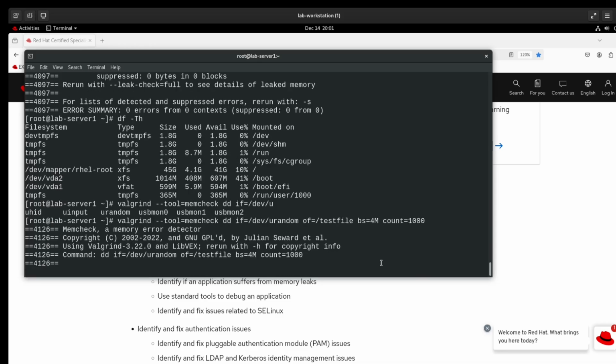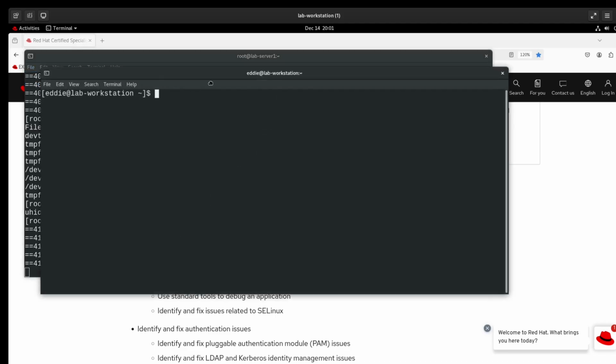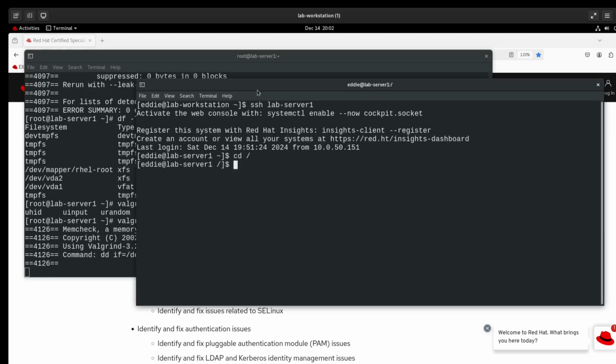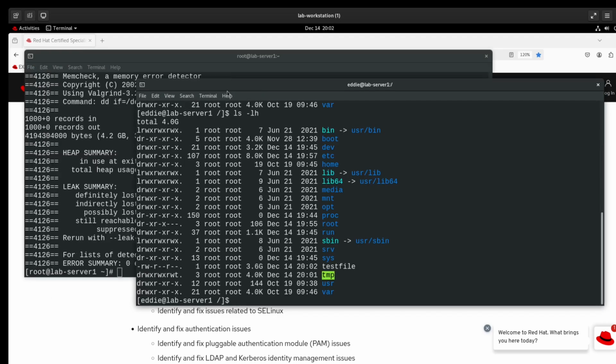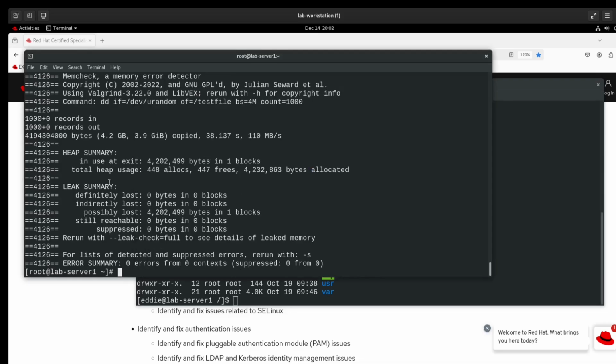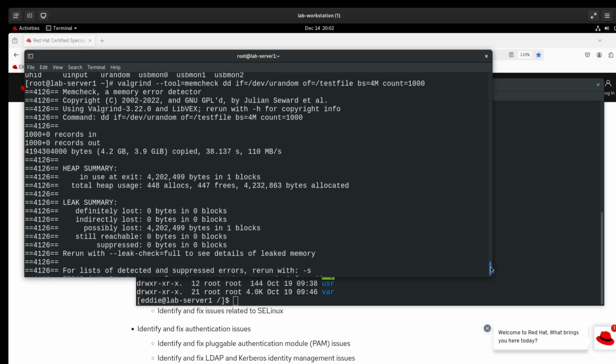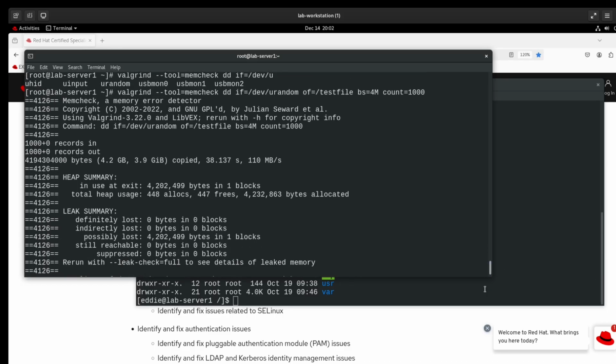Shouldn't take too long to make this. I guess what I can do while this is running, we can go back into lab server 1. There's our test file. It's up to 3.6 gigs. Okay, so this was showing possible memory leak that could be occurring. So we're going to do this with leak check full as it says and see what other information it